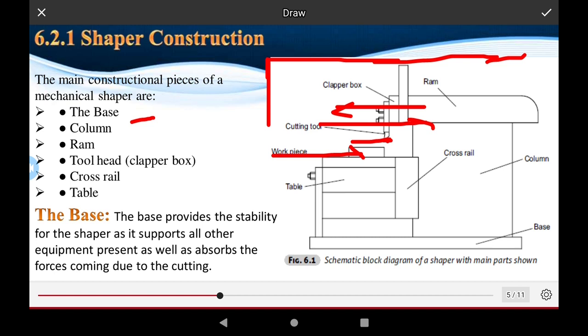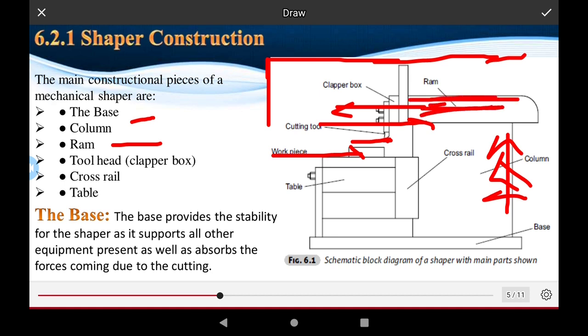and the bed is the base of the machine. It is made of cast iron. Cast iron has a carbon content of 3 to 4% in its composition. Okay, the column is also made of cast iron, such as gray cast iron, white cast iron and malleable cast iron. Okay, and the ram is also made of very strong materials such as stainless steel,